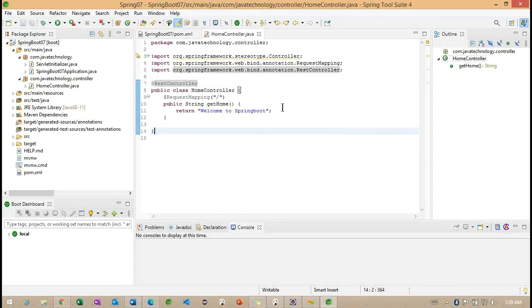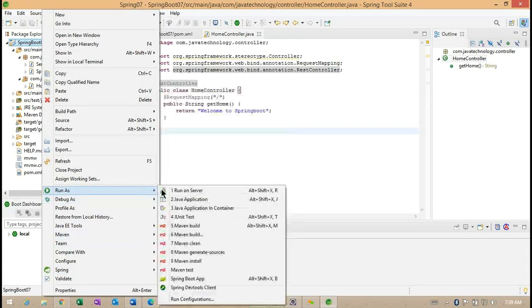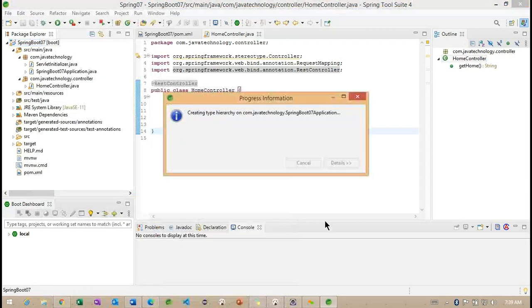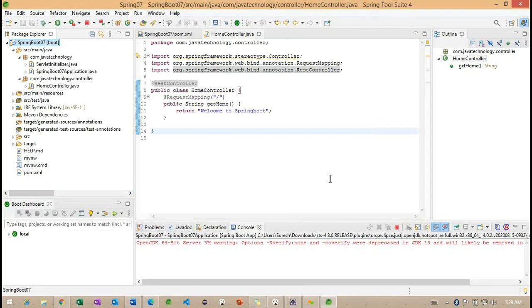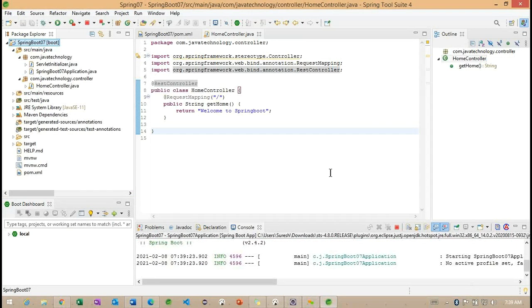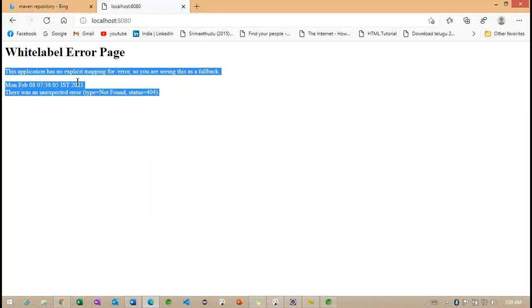Let me save the same example here. I want to explain the difference between controller as well as REST controller.